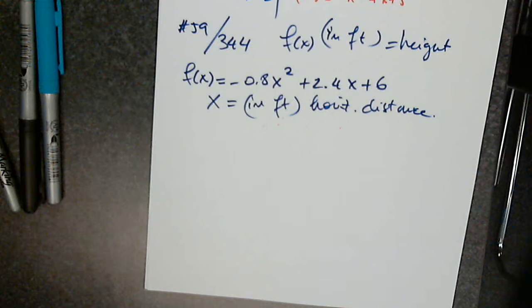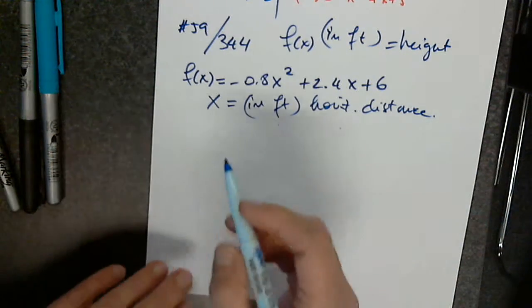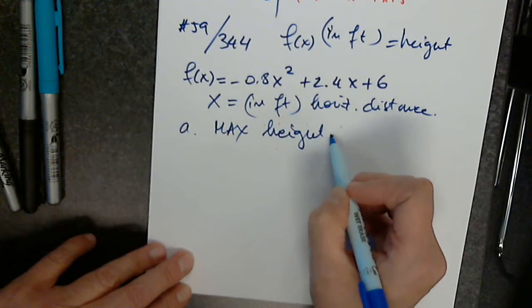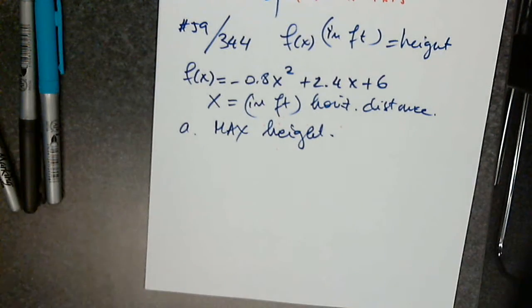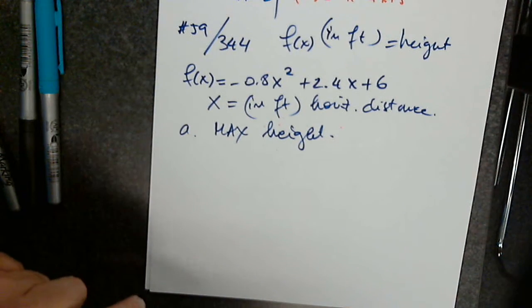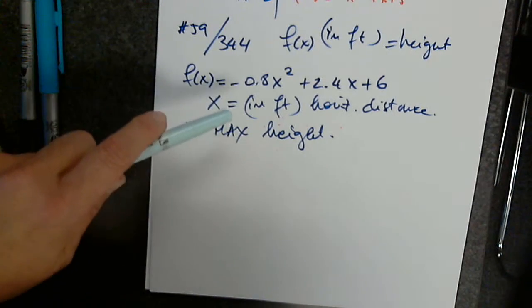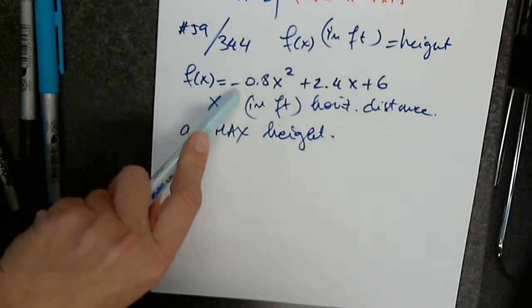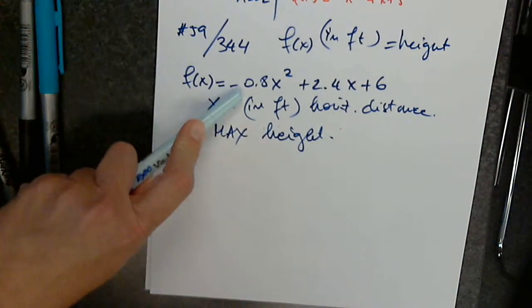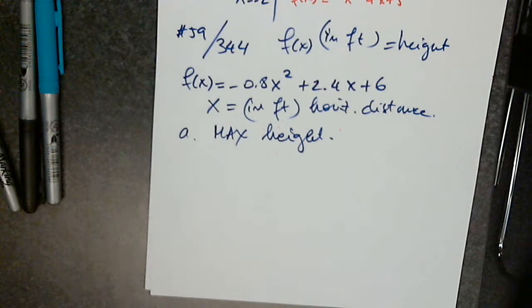Okay, part A. What is the maximum height of the ball, and how far from where it was thrown does this occur? So in part A, I'm asked to find the maximum height. Here's what goes through my mind. Okay, maximum height. Wait a minute, let me see what type of function this is. Oh, I see, it's quadratic. I see that the leading coefficient is negative. Okay, fine, it makes sense. I'm asked to find the maximum. Then I ask myself, which point will give me the maximum? And the answer is